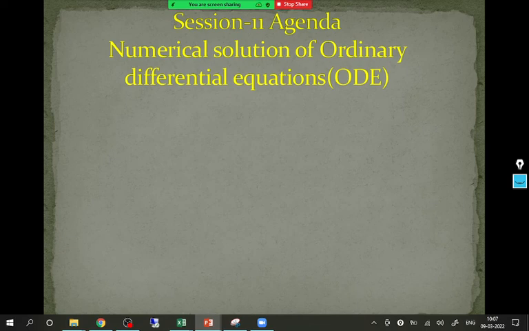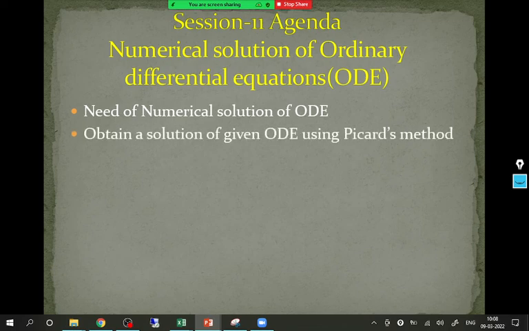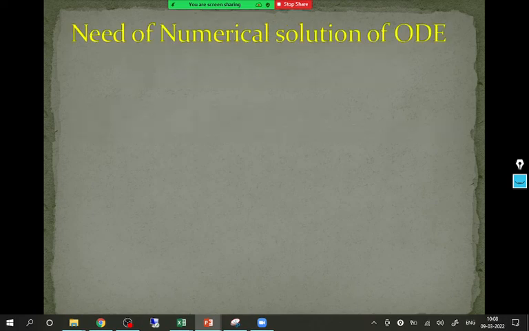So first I will tell you today's agenda. Today, first we'll see why there is a need for numerical solution of ODE, and then out of the three methods that we have in our syllabus, Picard's, Euler's, and Runge-Kutta, we'll complete Picard's method to solve ODE. Okay. So let me start with why there is a need for this numerical method to solve the ODE. I will show you one simple example of